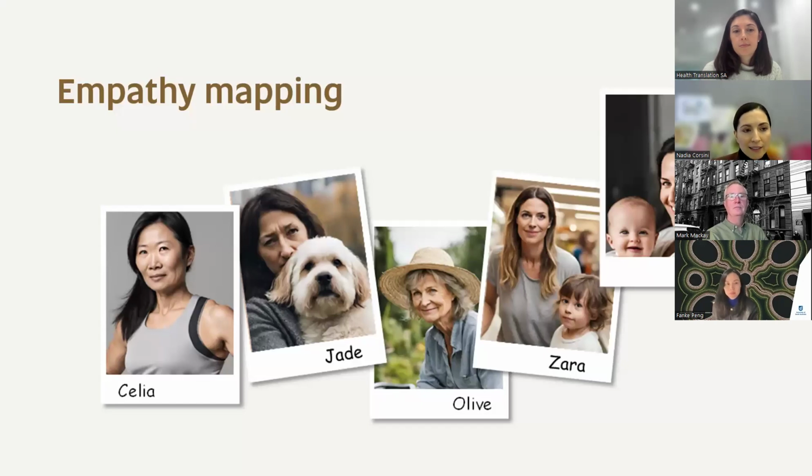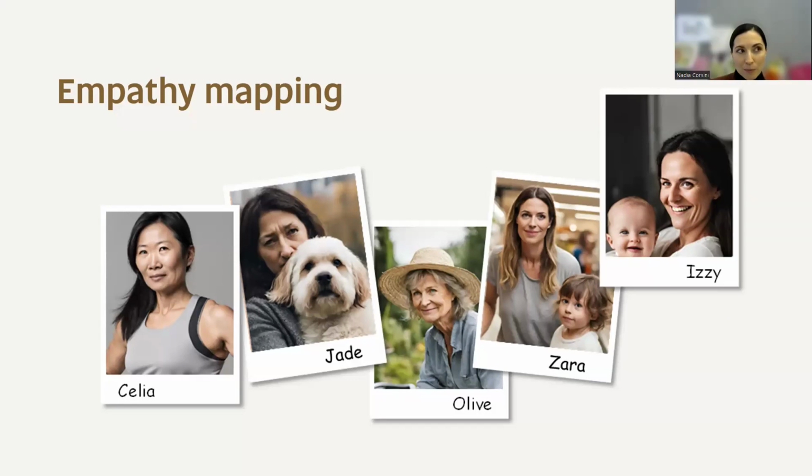We then did an exercise called empathy mapping, where we came up with 5 personas that reflected a range of experiences that a woman in the midlife years may face with regards to loneliness. With this exercise, we invited people to sit in the shoes of that individual and think about how they might feel, what they might think, and how they might behave.